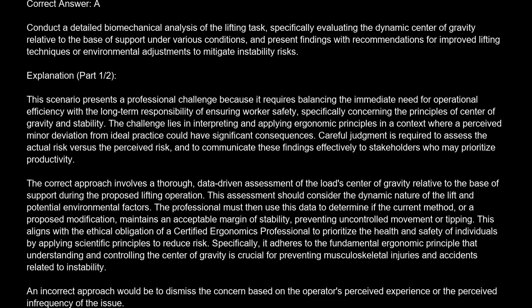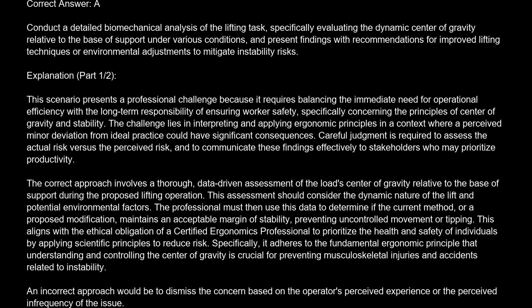The correct answer is A. Conduct a detailed biomechanical analysis of the lifting task, specifically evaluating the dynamic center of gravity relative to the base of support under various conditions, and present findings with recommendations for improved lifting techniques or environmental adjustments to mitigate instability risks. Explanation. This scenario presents a professional challenge because it requires balancing the immediate need for operational efficiency with the